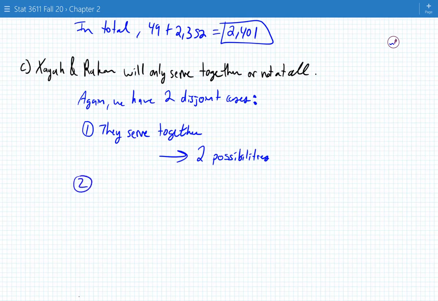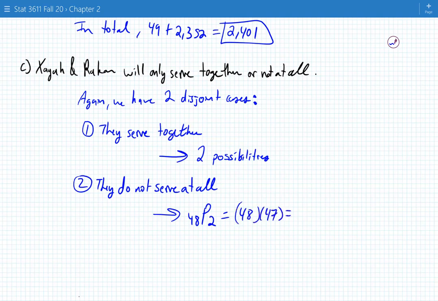Second disjoint case would be they do not serve at all. Well, if neither Zaya nor Rakan is president or treasurer, then you still have to pick two people to be president and treasurer, but you don't have 50 to pick from. You have 48 people to choose from. So this would be 48 P2. 48 times 47 then is